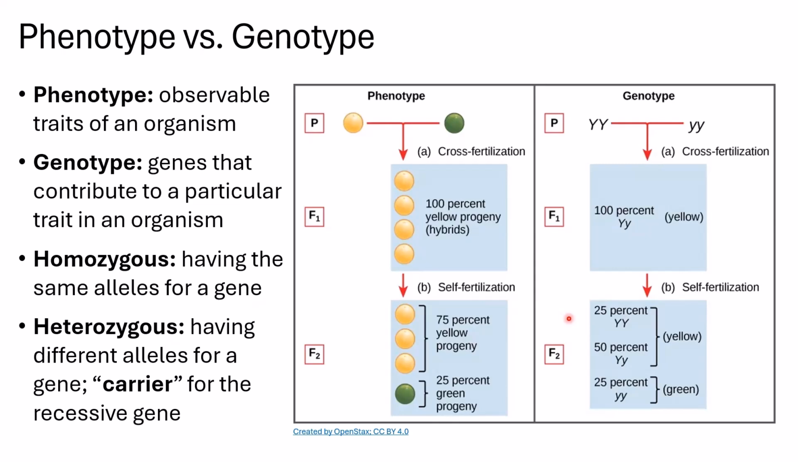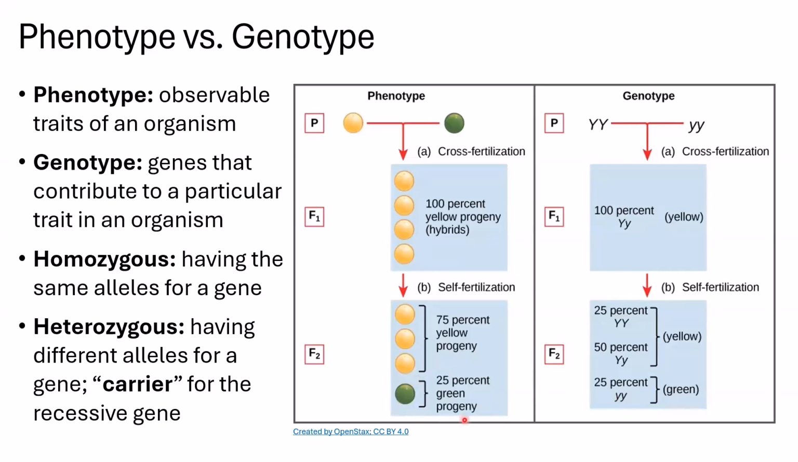When we look at the genotypes of the next generation, we see that unlike the phenotype, which is 75% dominant phenotype and 25% recessive phenotype, the genotype is 25% homozygous dominant, 50% heterozygous, and 25% homozygous recessive. The homozygous dominant and heterozygous plants all have the dominant phenotype, and only the 25% that are homozygous recessive have